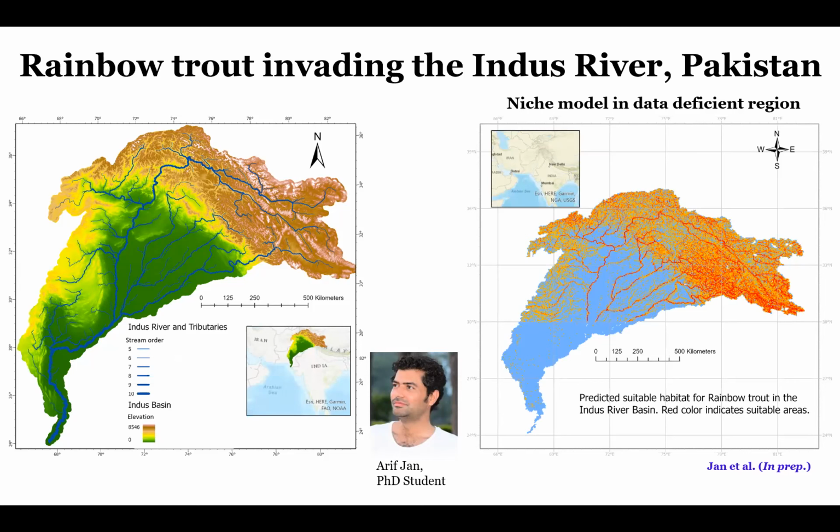And he is just starting to create this suitable habitat map for rainbow trout that will be really important because rainbow trout compete with native fishes in Pakistan, in this case, cyprinids named snow trout, but rainbow trout is also really desirable for recreational fisheries. So managers can use these types of maps to decide where to introduce rainbow trout for recreational fisheries and where to avoid the success of rainbow trout in cases when they overlap with native fishes.